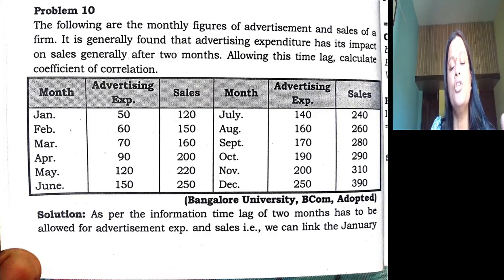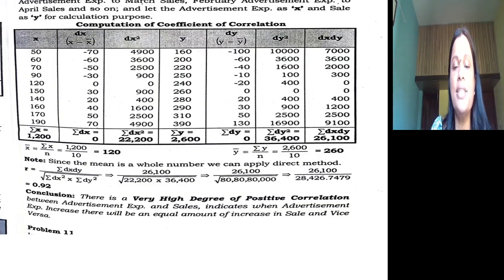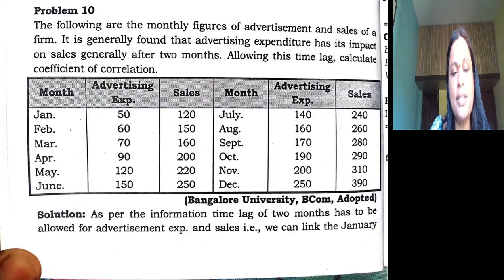Did you get my point? So that's why if we take 50 rupees as advertisement expenses, we should not take January's sales, we should take sales of 160, because there is a direct relationship between advertisement expenses and sales, and it will create impact only after 2 months. So that's why January's advertisement expenses create impact on sales of March. So when you take advertisement expenses of January 50, then you should take sales of March 160. See here. Then February 60. So then which month's sales? April month sale. In the same way, March advertisement expenses 70.